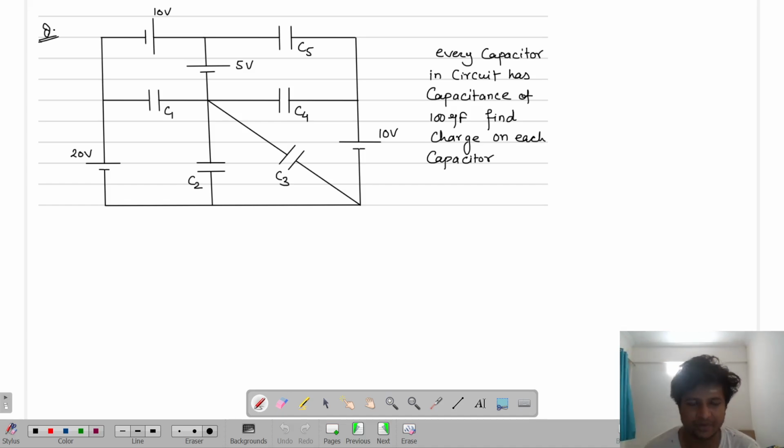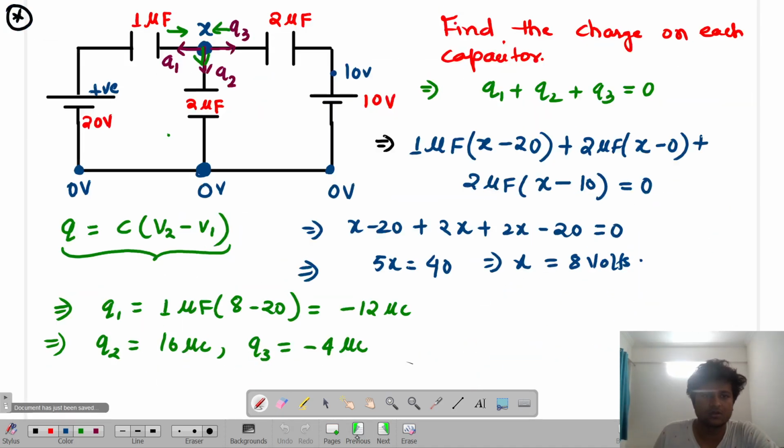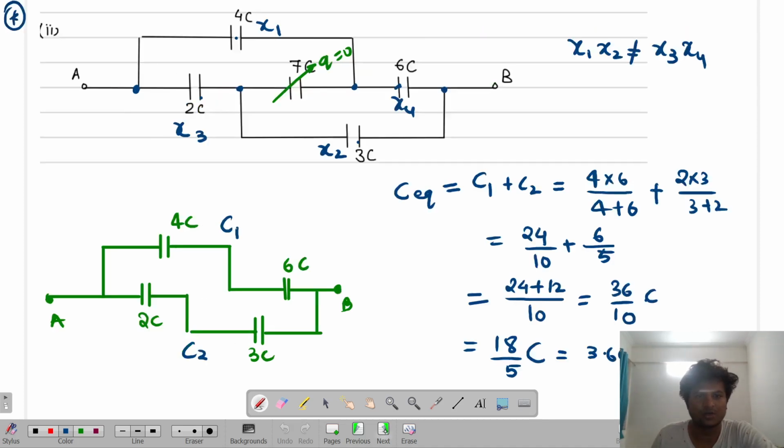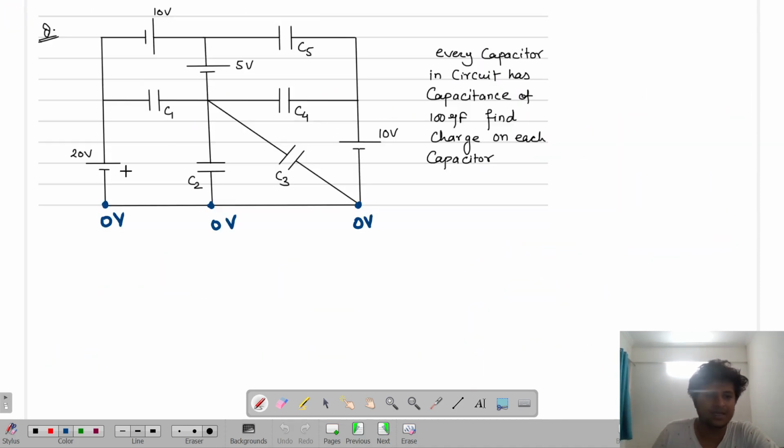There are many batteries, many capacitors, many loops, isn't it? So many batteries, many capacitors, many loops: this question is the easiest one. You see how? Start anywhere. I basically start from here by considering this to be 0 volts, and this to be once again 0 volts. Got it? That day I taught you, na? For many loops system, consider down all to be 0.